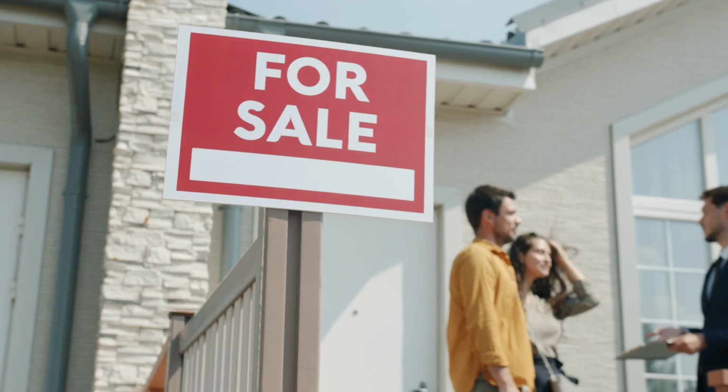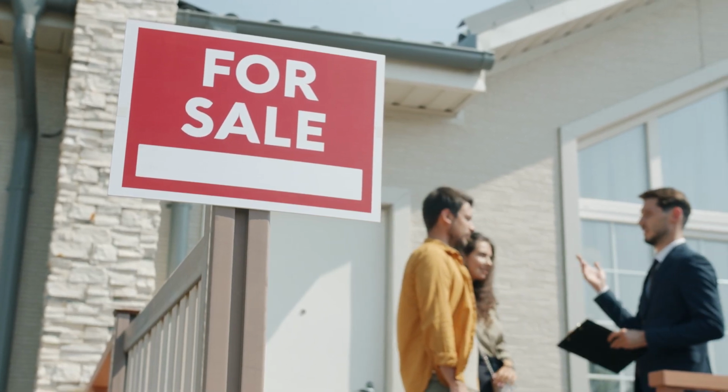Bottom line, people will always need to buy and sell houses. They just need to factor in the market conditions to help set their expectations as they start the process. So, whether you find yourself in a buyer's market or a seller's market, understanding the dynamics at play is crucial. It allows you to strategize, make informed decisions, and negotiate from a position of strength. Remember, the real estate market is cyclical, and it's important to be aware of the current market conditions in your